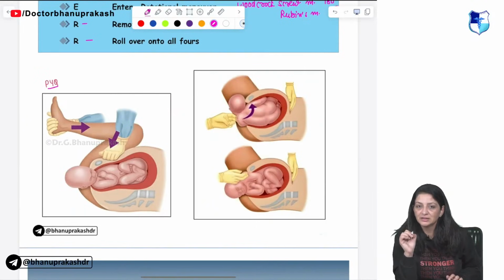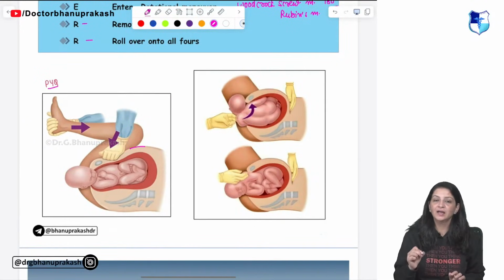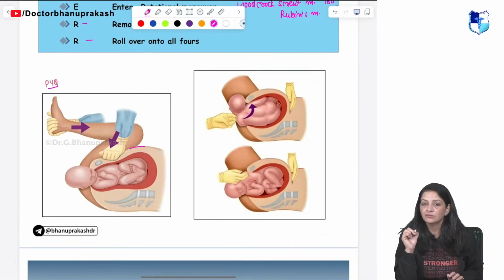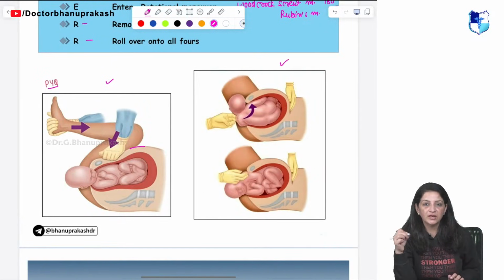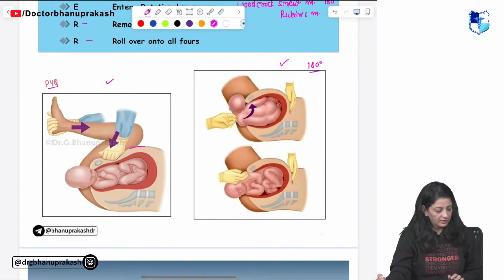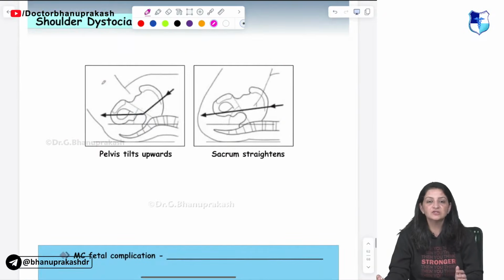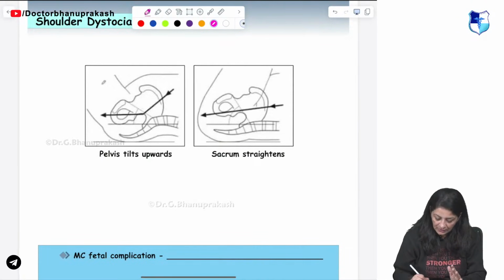Hyperflexion of the maternal thigh toward the maternal abdomen and hyperabduction of the hip joint. So this one is the McRoberts maneuver. So this is Wood's corkscrew maneuver, rotation of the baby by 180 degrees. In the McRoberts maneuver, after hyperflexion of the maternal thigh, there will be an